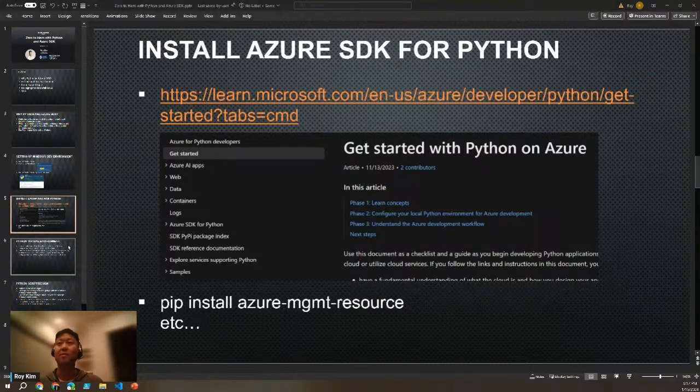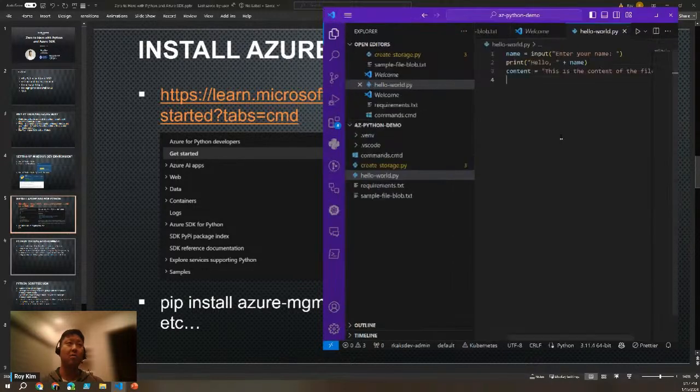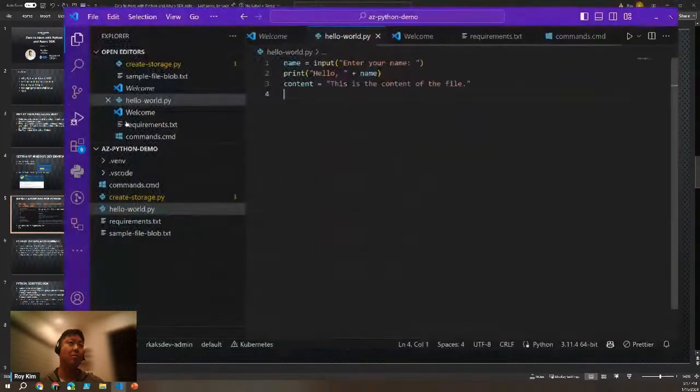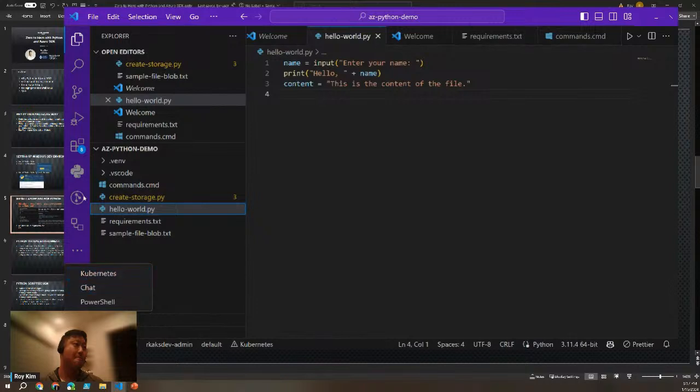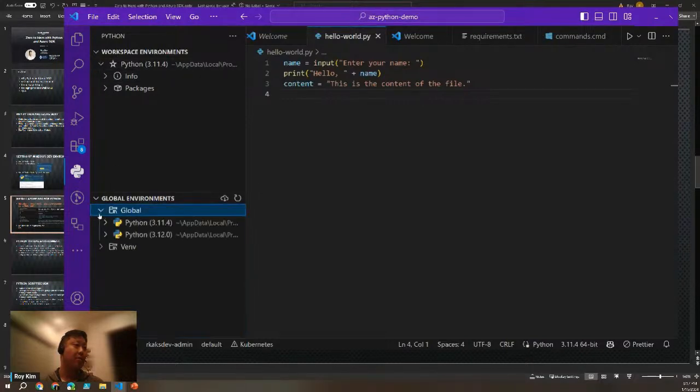So let's just flip to Visual Studio Code and make that bigger. I'll walk you through what we have here, right? First and foremost is the Python extension. What I have here is, if we go to global environments, right,